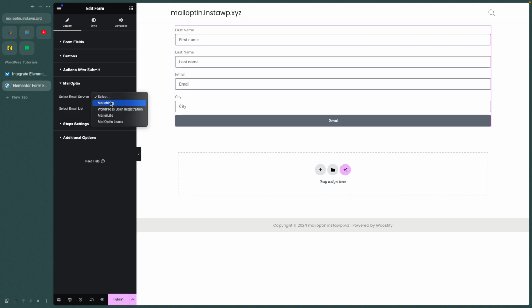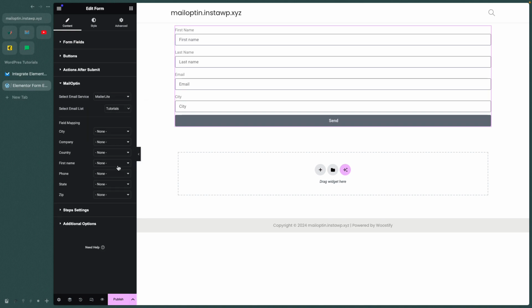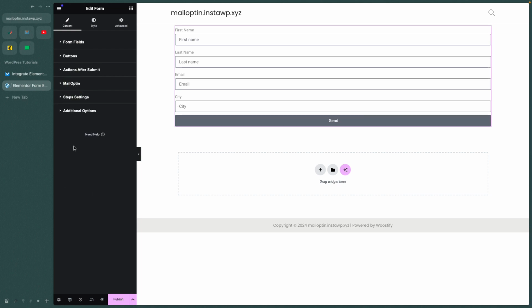service, and in my case I'll be using MailerLite. The next option is select email list, and if we use this drop down menu, we'll see MailerLite all the way at the bottom, and we'll use this tutorial's email list. So once we have selected our list, we can go ahead and map our fields. These are our MailerLite fields. So for city, I'll click on city, which corresponds to this Elementor field. Okay, so now we're done with our setup, so we can go ahead and click on the publish button at